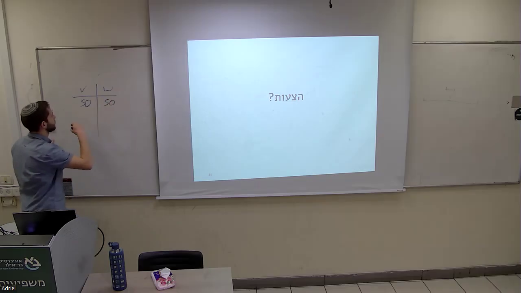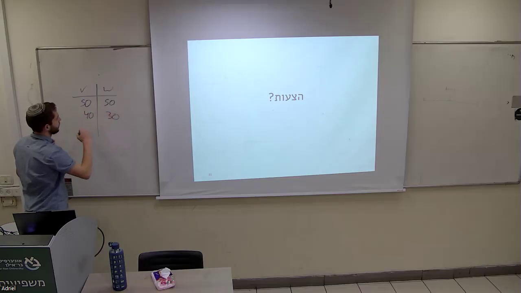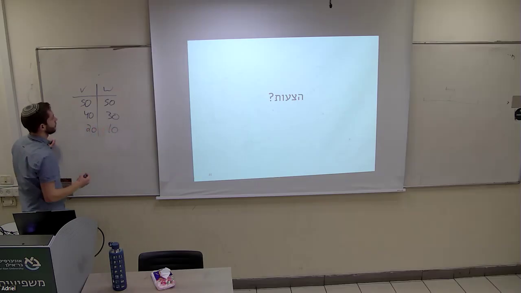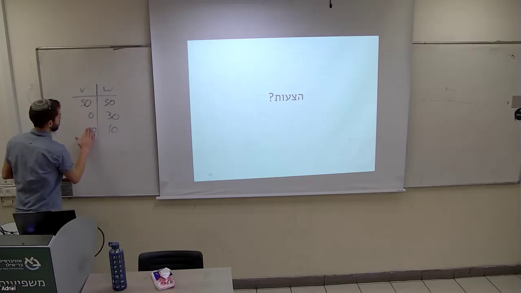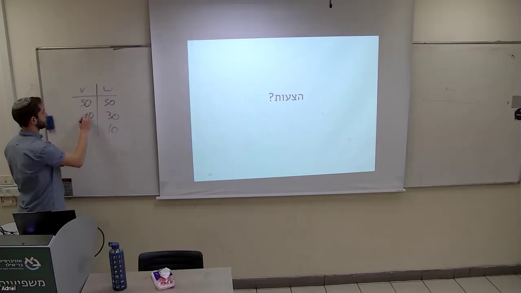The next is 40 value and 30 weight, and so on. And let's say we have 10 and 5. And we have a knapsack of